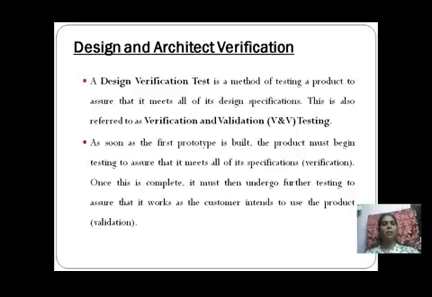design and architect verification. Actually, what is the design and architect verification? A design verification test is a method of testing a product to assure that it meets all of its design specification. Now this is also referred to as verification and validation testing.